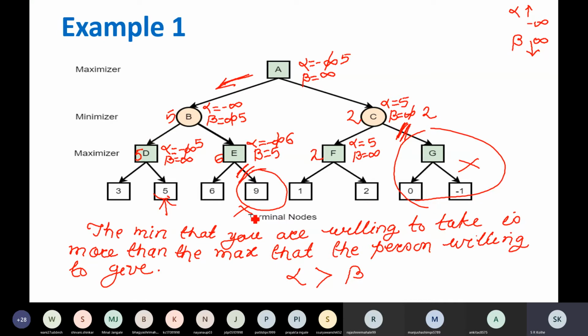So what we have done in this alpha beta pruning, we have saved this part by pruning it. We have not explored this, so that effort we have saved. Similarly, this part we did not go through, so we did not explore it, so that effort is saved.